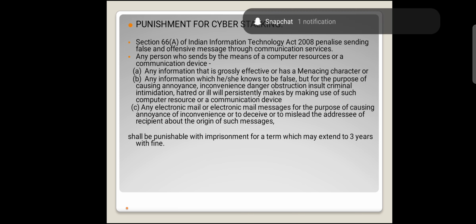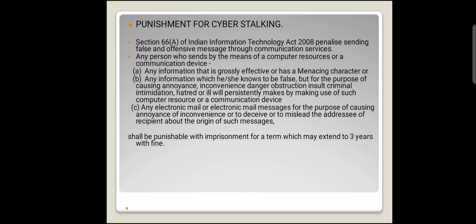If any person sends by means of a computer resource or communication device any information that is grossly offensive or has a menacing character, or any information which he or she knows to be false, but for the purpose of causing annoyance, inconvenience, danger, obstruction, insult, criminal intimidation, enmity, hatred or ill will, persistently by making use of such computer resource or a communication device,